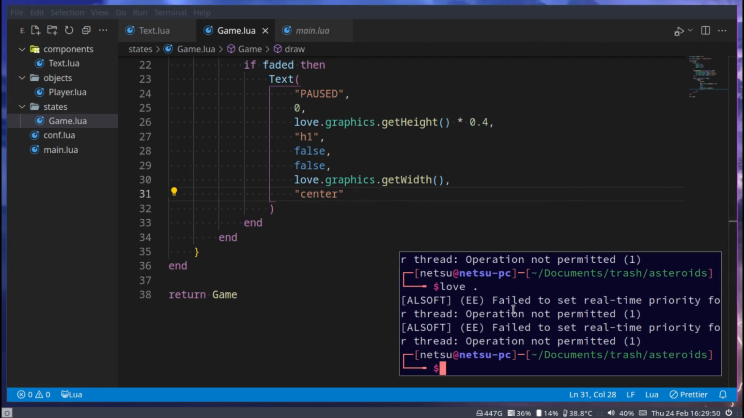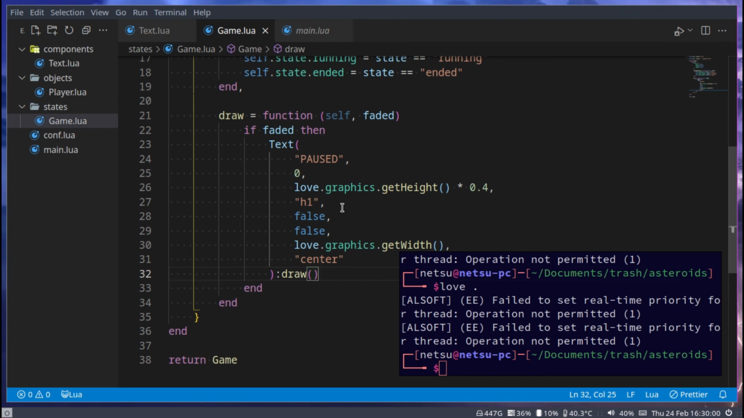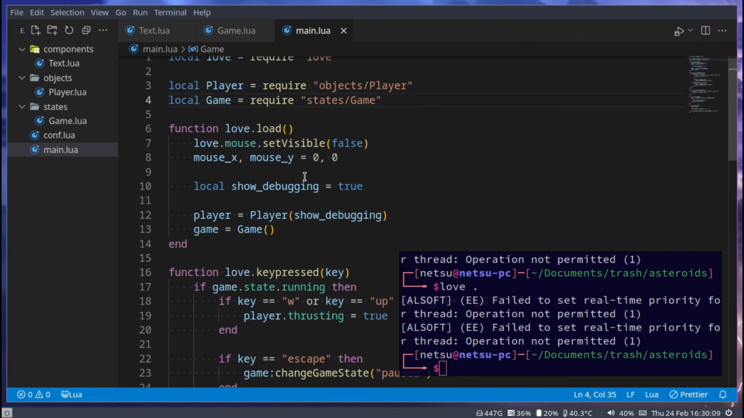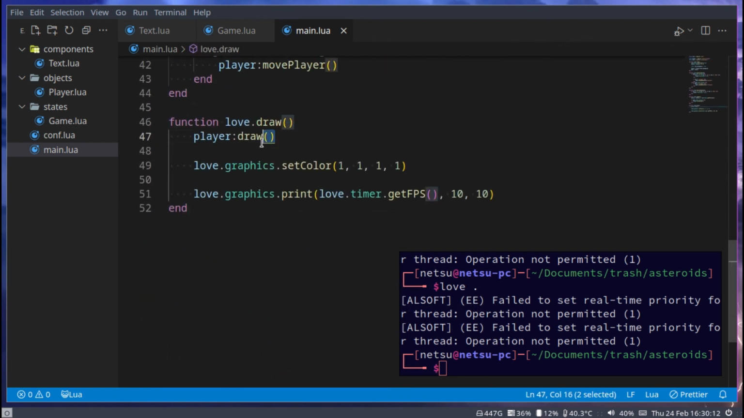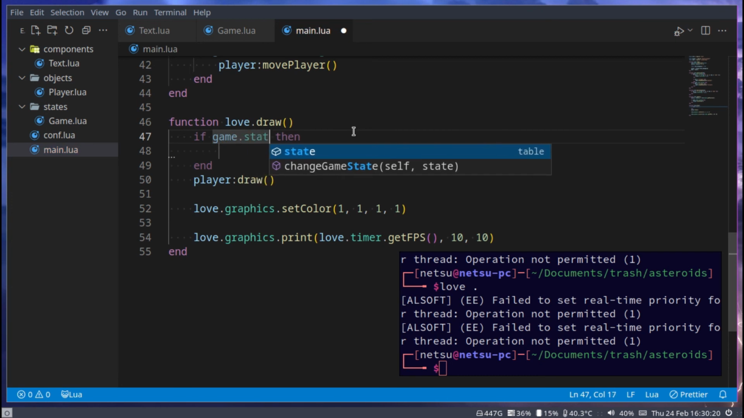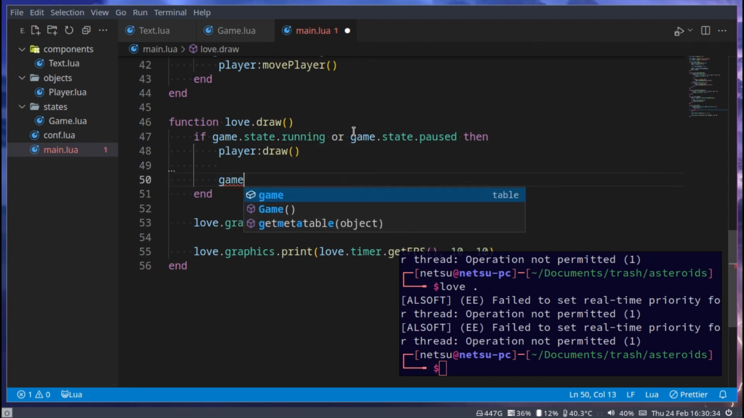If we run this, or if we not run this, but we then can go and say draw. Now if we run it, we won't get anything, because we need to actually now use this draw inside of main. So down here, if we scroll, we have a player.draw. But now we can actually use our states to our advantage. So we can say if game.state.running, or if the game.state.pause. So if it's one of these two states, we want to draw the player, as well as game draw,